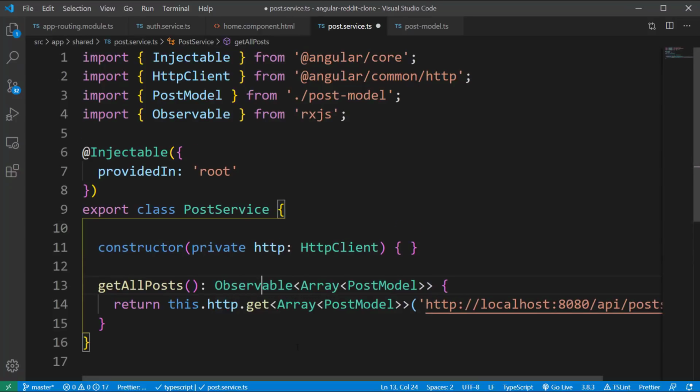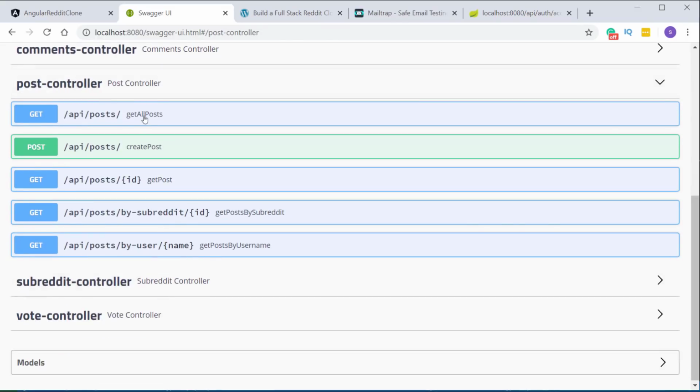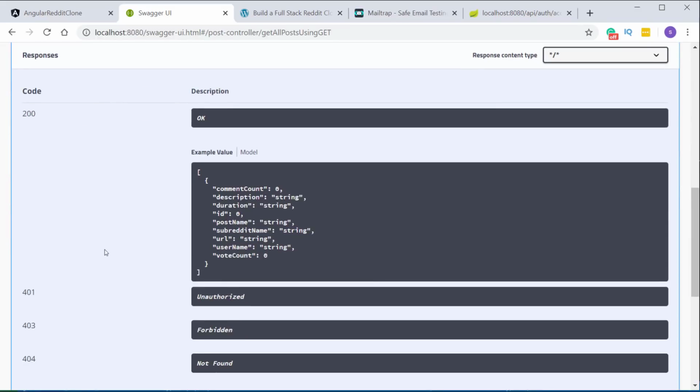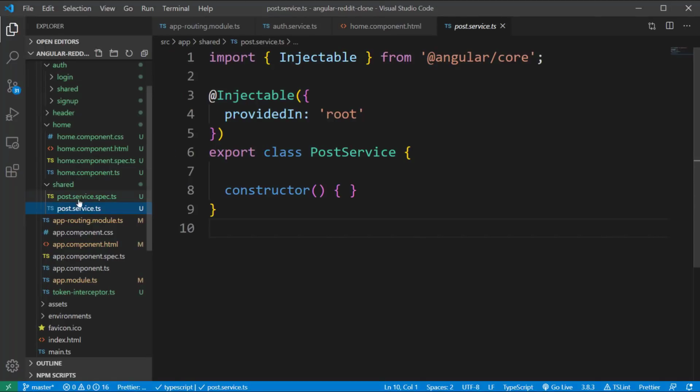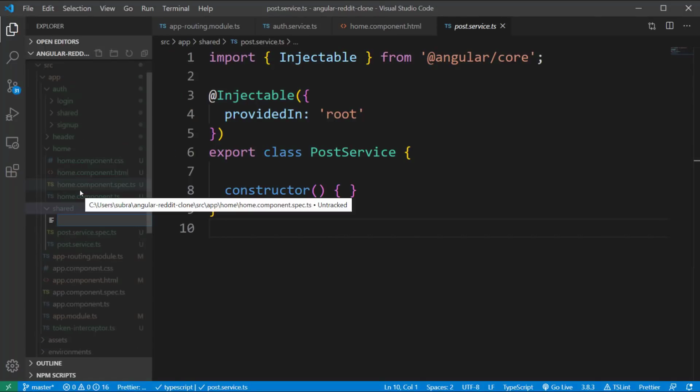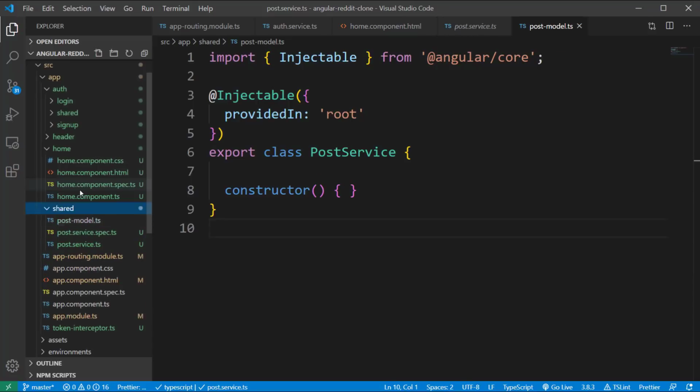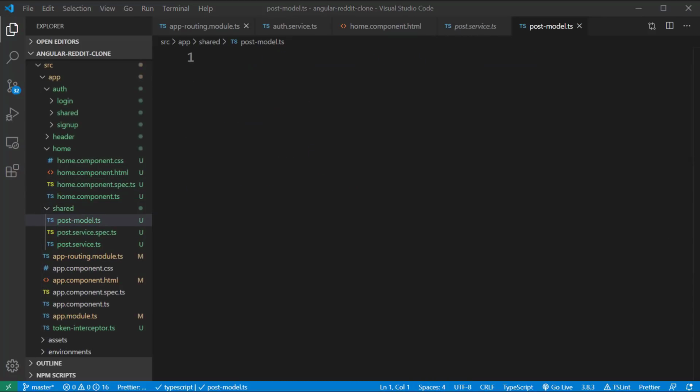So now let's go ahead and check our REST API documentation. We can see this is just a normal get call, and we receive an array of objects which contains all these fields which are related to the post. So now let's go back to VS Code and create a file called postmodel.ts. And inside this file, I'm going to create a class called PostModel,